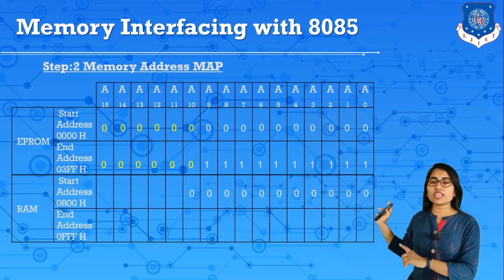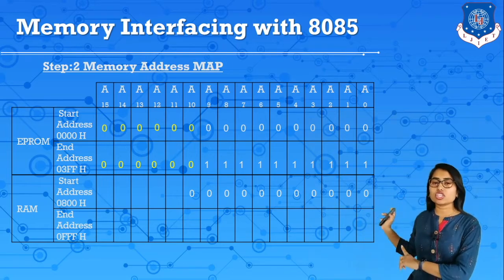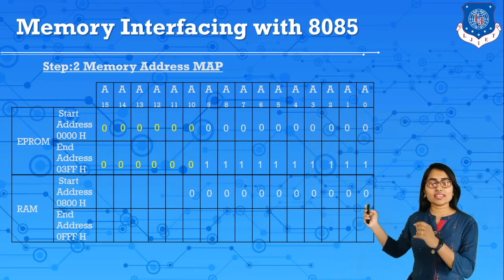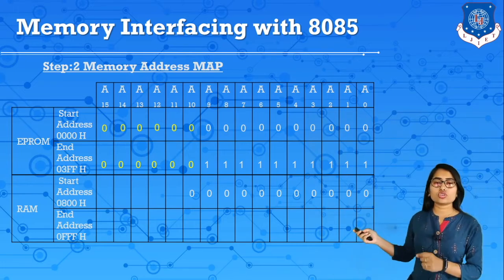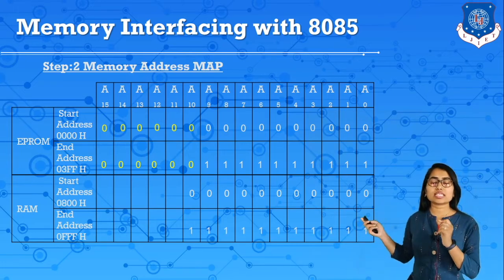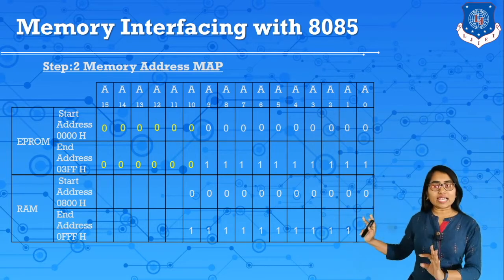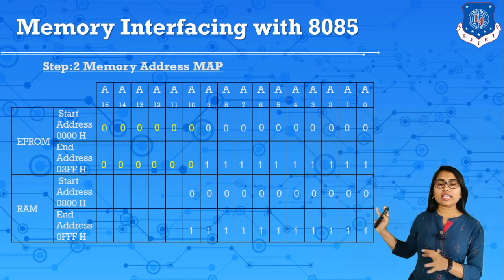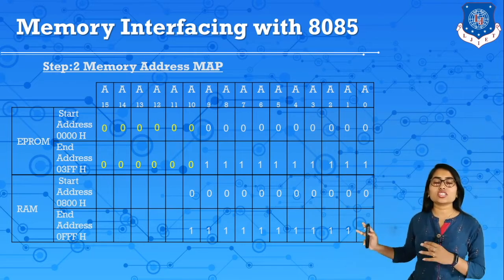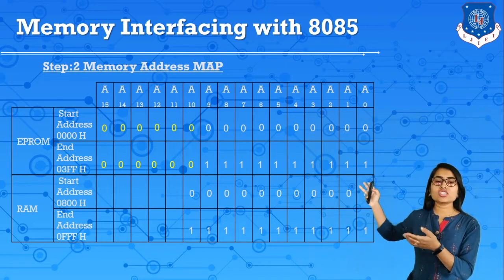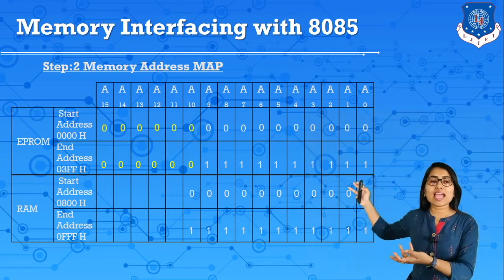So the maximum value of this is basically 000, and this A0 to A10 is like this, 000, and the maximum value of this is basically 1. Here we have to use a total of A0 to A10, 11 address lines. All 11 address lines are used, and the remaining are used as chip select. Now if we define this as 000, it will select EEPROM.